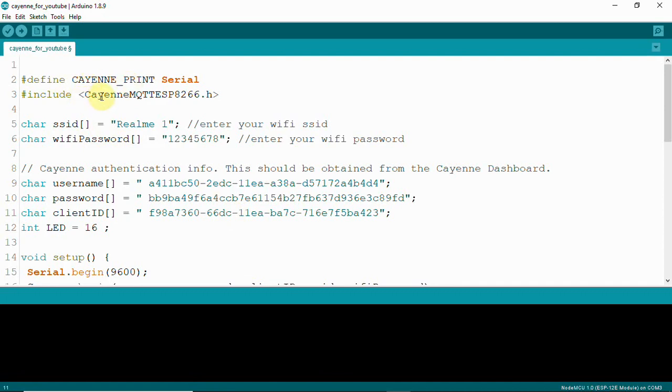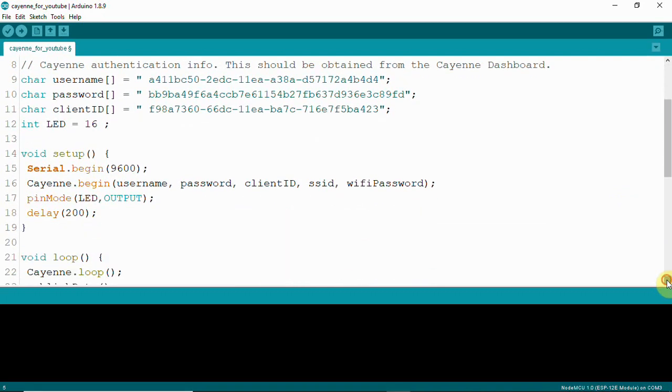Here you can see the header file, that is #include CayenneMQTTESP8266.h, and here we have our SSID. We are using our NodeMCU, so we'll have to enter our SSID and Wi-Fi password, which here is your hotspot name and your password. I'm using my own hotspot, Realme, and my password is 12345678.